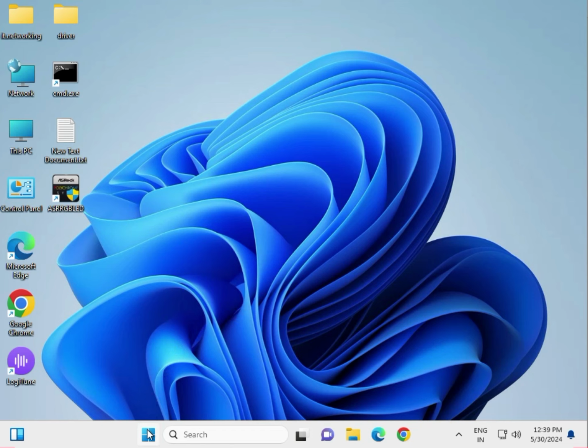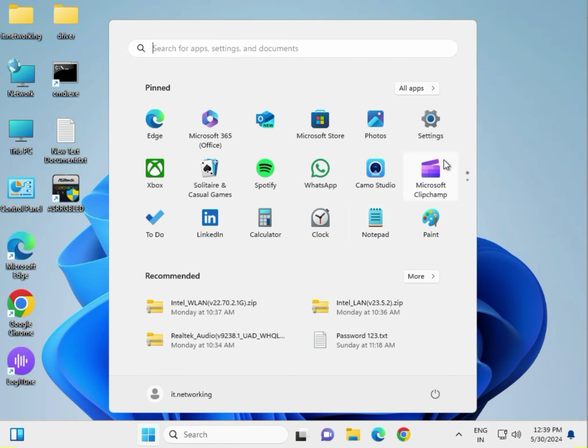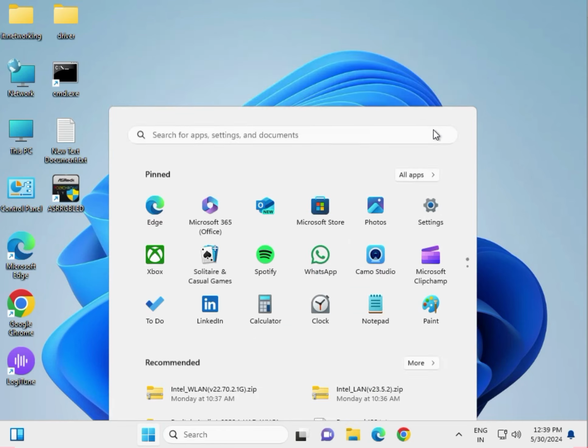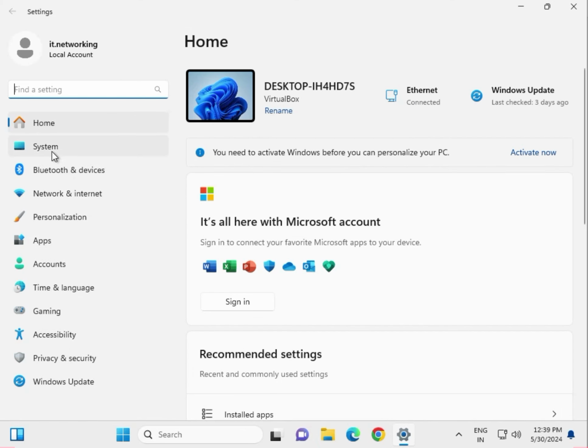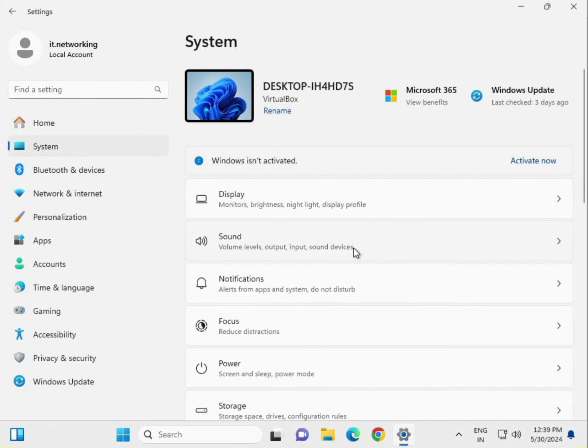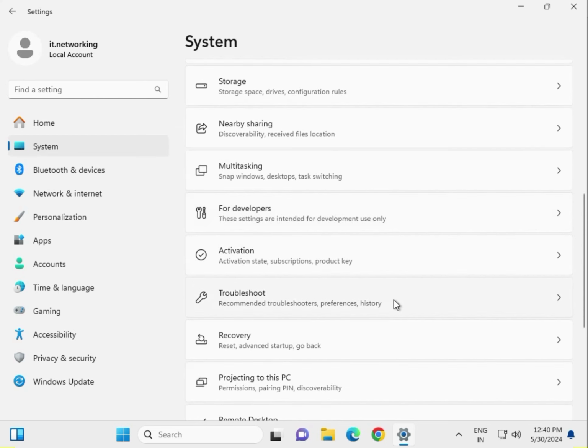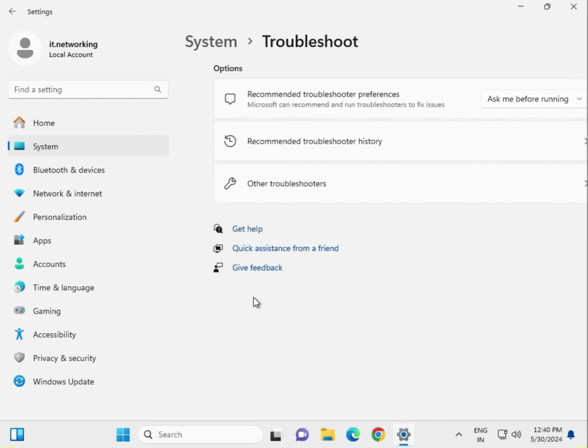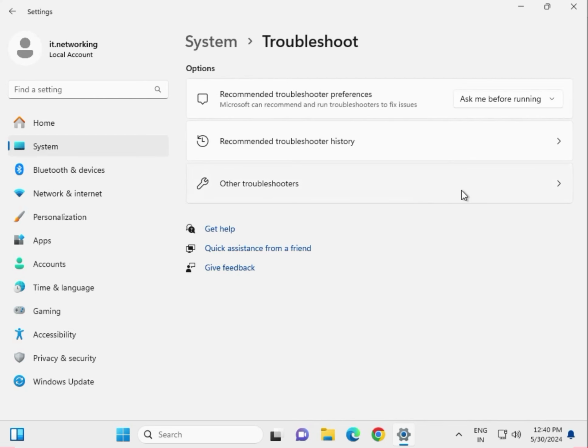So first method is run Windows Update Troubleshooter. So click to Windows Start key, go to Settings, click to System, scroll down, Troubleshoot, other troubleshooters, Windows Update. Click on Run